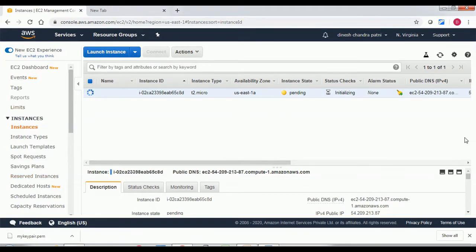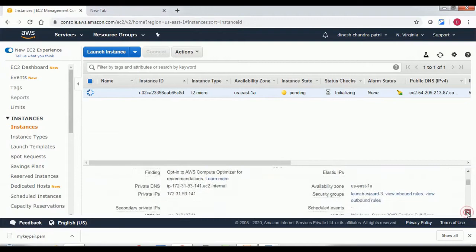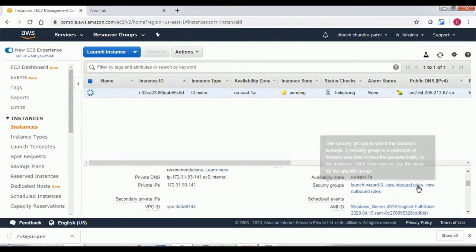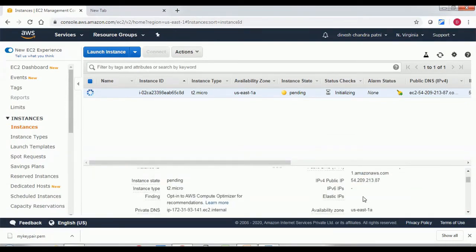Here you can see some things I want to show you. This is a public IPv4 address. From this you can RDP, as RDP is enabled by default, so you can copy this to your clipboard and use it with RDP, Remote Desktop. It is now in running state.